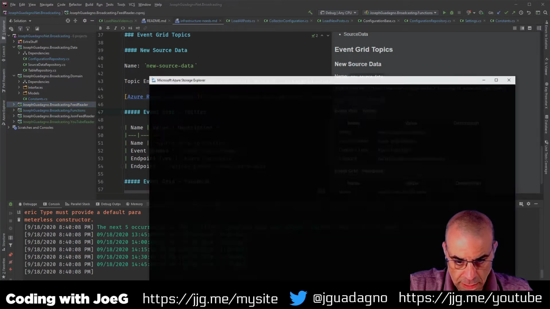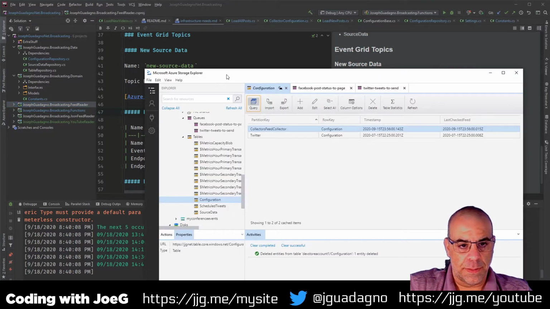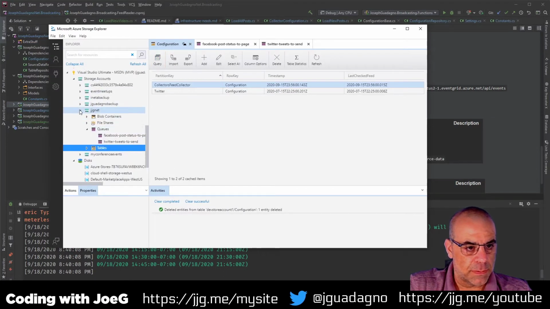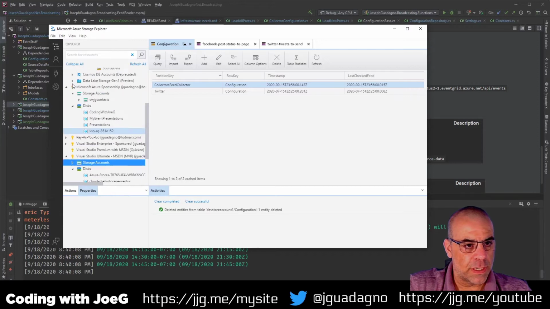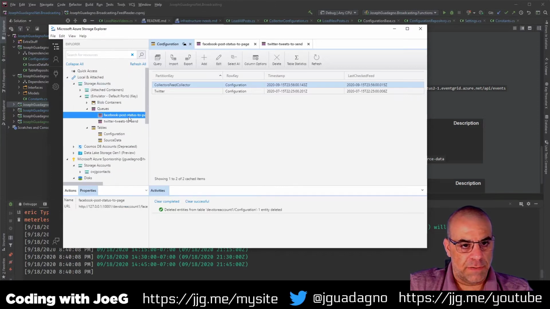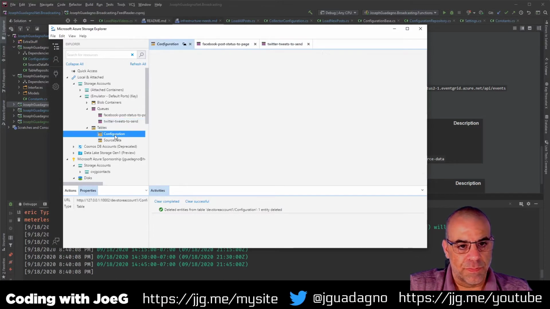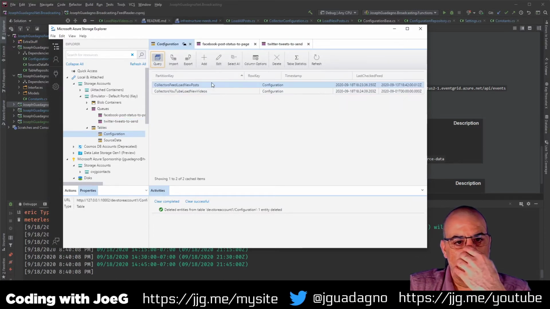So let's take a look at some of the data. This is my public subscription. Let's look locally for now. So you have these queues, which should have nothing in it because it's not running locally. We have configuration, which has these two configuration endpoints, which actually I want to change. I want to get rid of these being the partition keys and this being the row key. I actually want to swap them today.